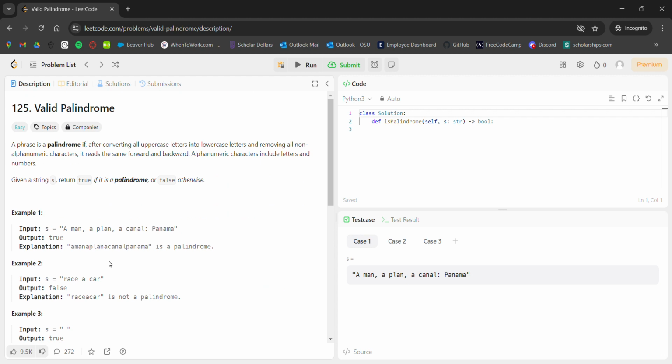Alright, so this problem is actually simple enough. So we can definitely try to use a two-pointer solution. So we're going to implement our plan section here. Before I talk about how we might want to structure our algorithm, I want to start off with explaining the two pointers algorithm, since this is the first video that I'm going to be doing in this set of problems. All right, so two pointers is basically